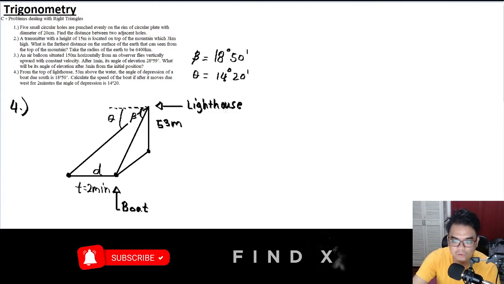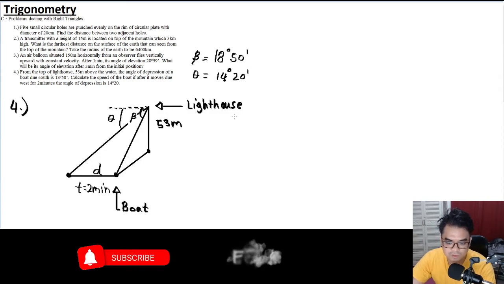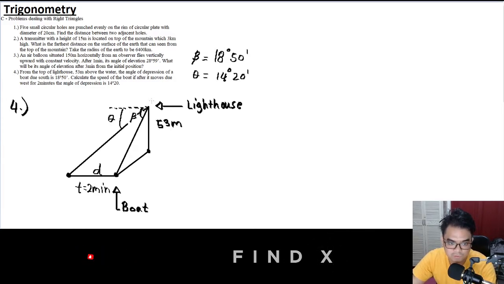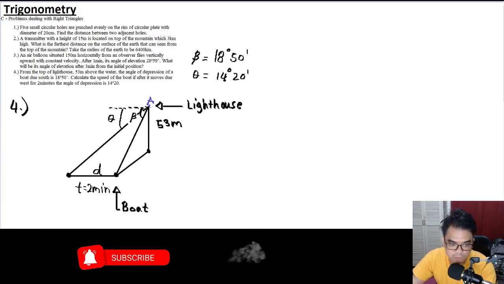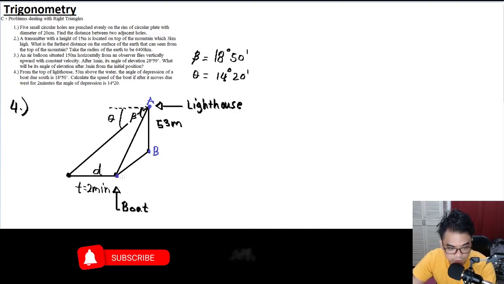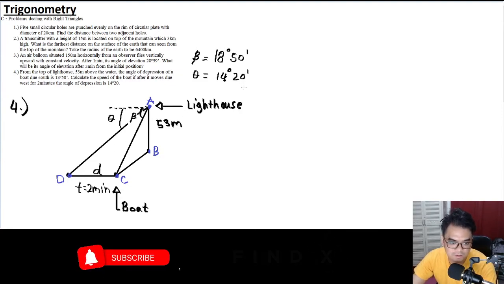Okay, so this is a quite hard problem because it is 3D. Let's assign some letters to the vertices. Let's say this point is A, and then this point is B, then C, and D. So A, B, C, D. Okay, from triangle ACB,